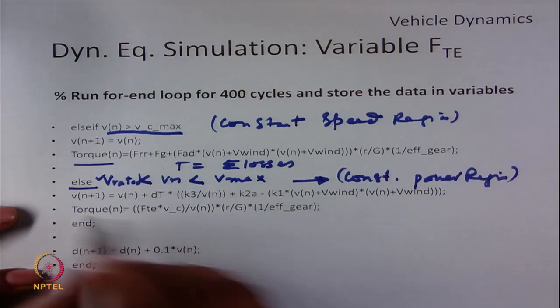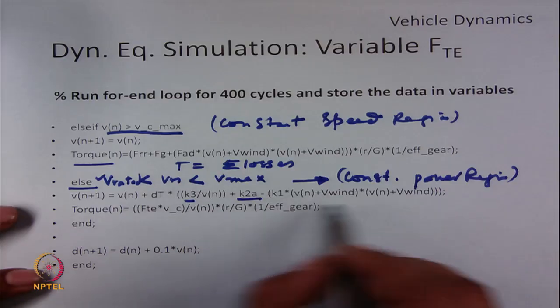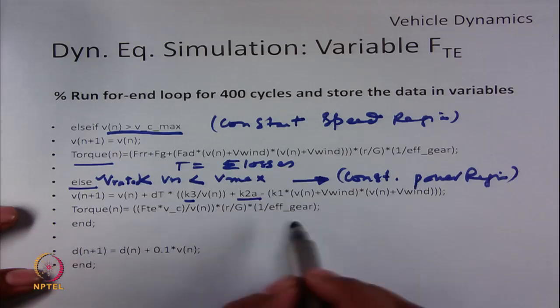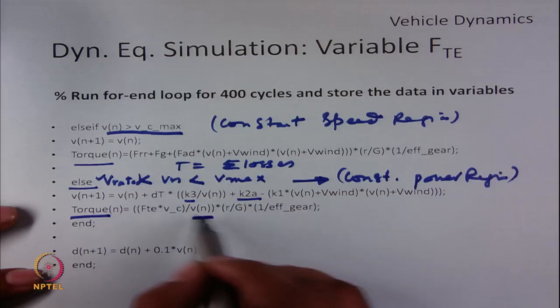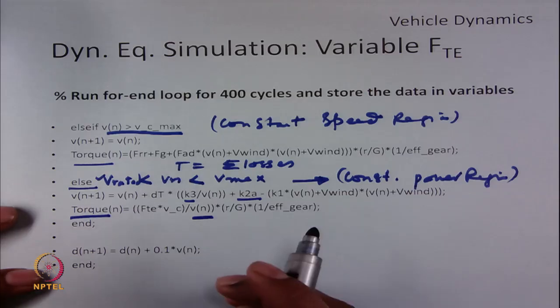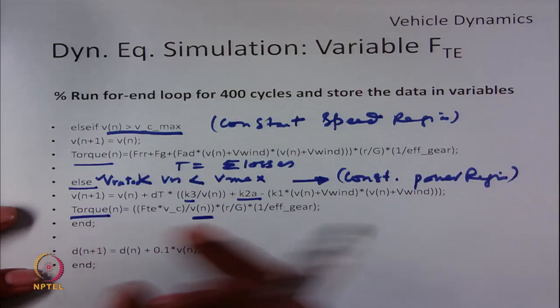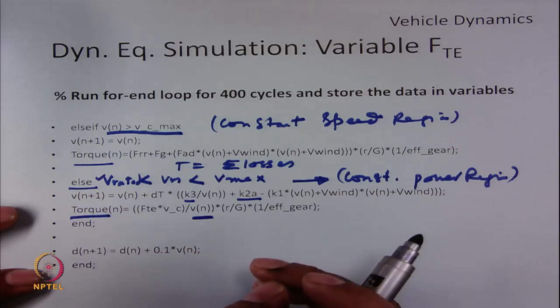So, where we have to write the velocity equation in terms of K3, K2A and K1, and the torque will be inversely proportional to vehicle velocity. So, all these regions we have to define and they will be toggled with respect to the variation of vehicle velocity. So, when we are less than V rated, it is constant torque. When we are between rated and max, we are in constant power mode, and beyond V max we are in